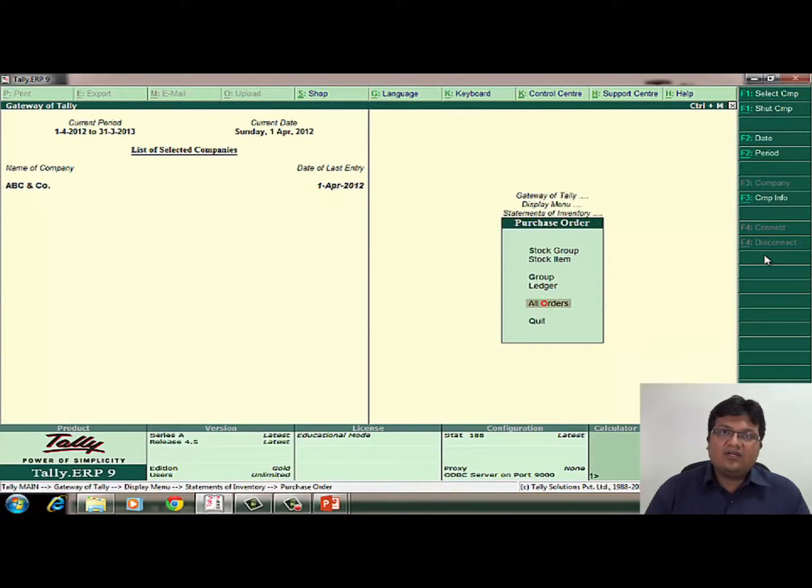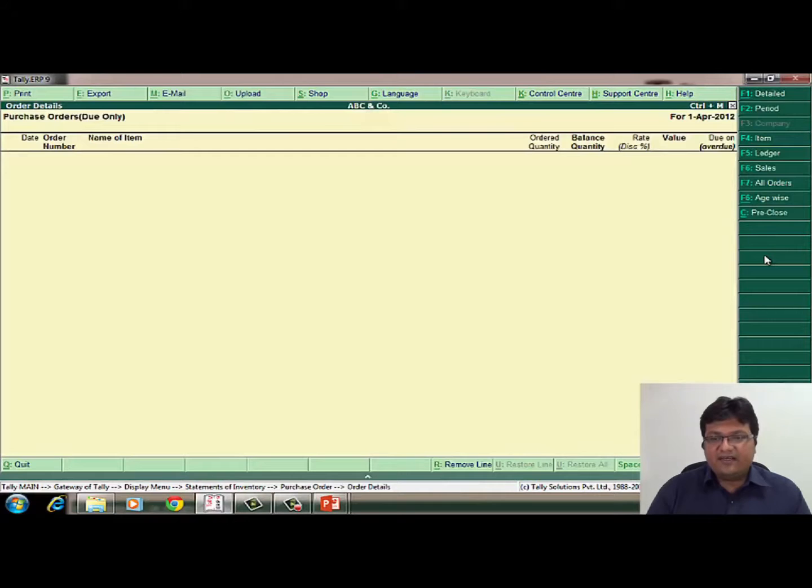If you opt to select all orders, it will display all the orders irrespective of any specific item or specific ledger. So when I hit enter, in this screen it will show you only due orders. As on 1st of April, are there any orders due? I would say no. If you remember clearly, the purchase order that we had passed, we had said that the purchase order will be due after 7 days for 250 numbers, and the other portion will be due on 1st of May. So if I change the period by pressing Alt F2 or click on the period button,